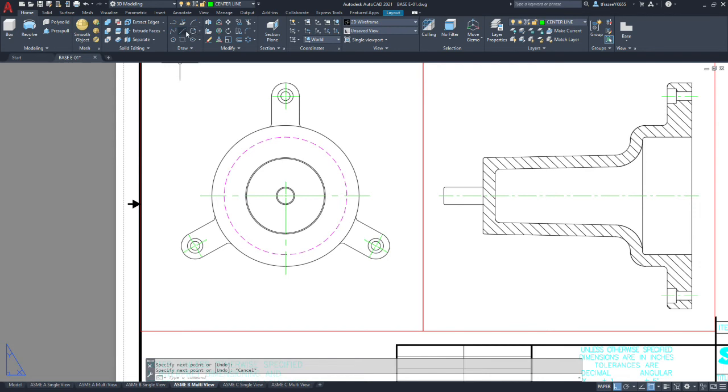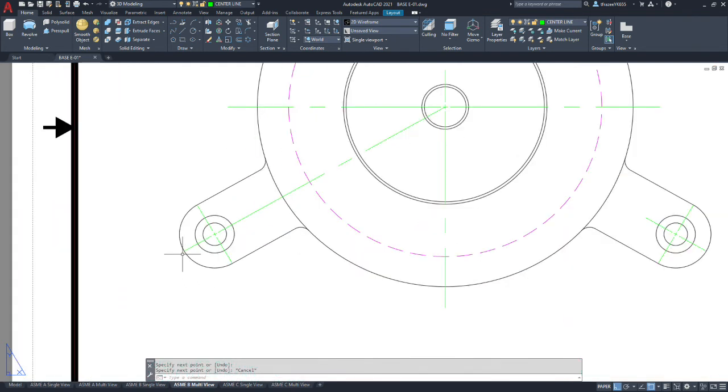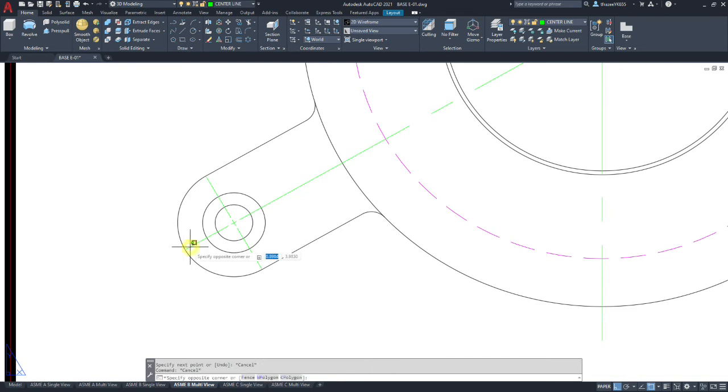But I would like to show one going from the center of the part to the end of that. If we were dimensioning this, this might be where you put your angular dimension. And the center marks should probably also extend past the part a little bit.